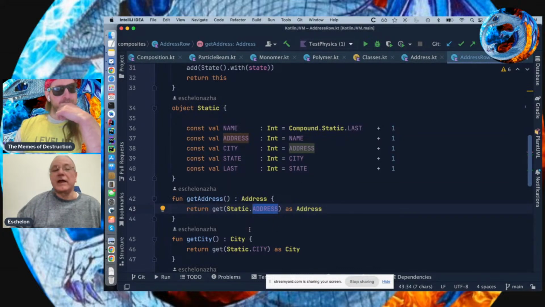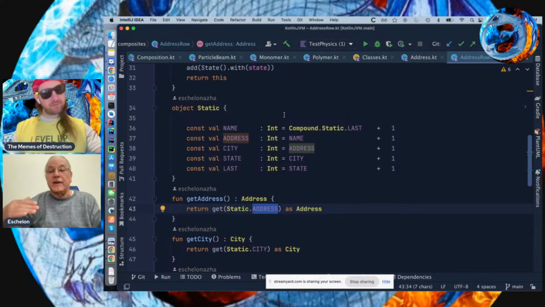And by convention, you don't want to reset these values. It's not that they're immutable, and that's a whole other subject when we get to functional programming. I'll save that for the end. When you build an atom, you want to update the values in the atom. They're not immutable, but you don't necessarily want to replace an address with another address. There's very little need to do that. So you don't need setters. It's usually these molecules and compounds are constructed the way they are. The individual atoms can go through state changes, but in real life, you're not plucking out